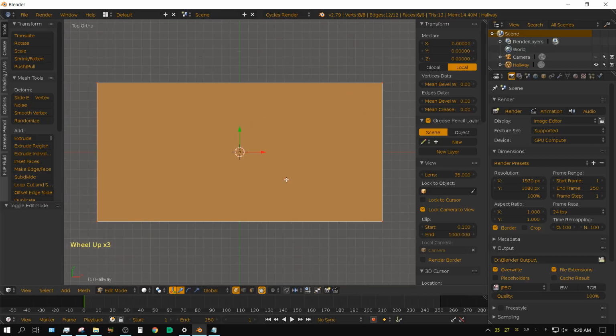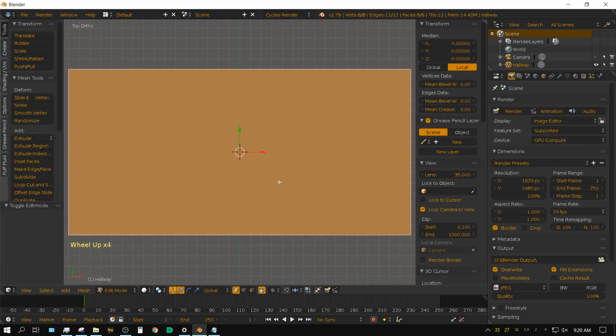So I'm going to zoom in just a little bit so we can get a better look at it. And over here on the left, I'm going to use these tools. I'm going to use the loop cut and slide tool. So I'm going to left click on it and then come over here, and if you notice, if I stick the mouse pointer near the edges, a purple line shows up.